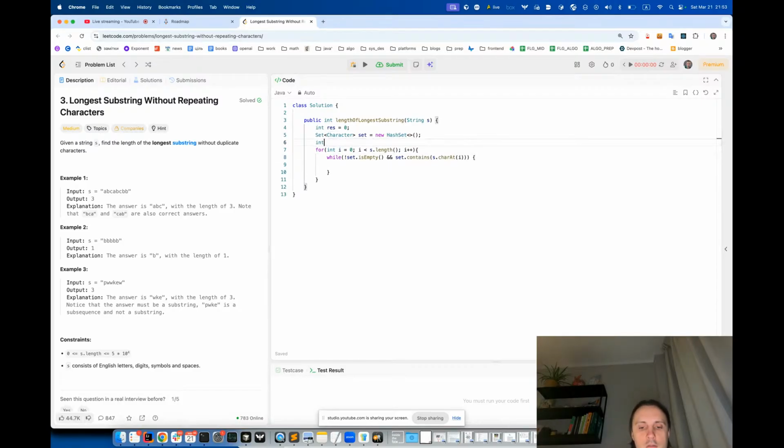So here we should have j, that is 0, and so we just start removing from the set, remove s.charAt(j++). Yeah, so we remove, and here we do like this: max